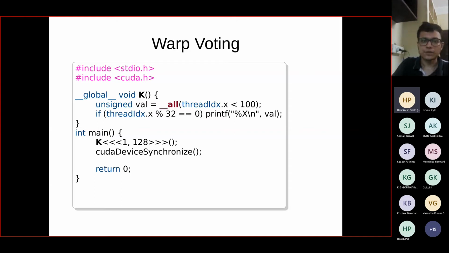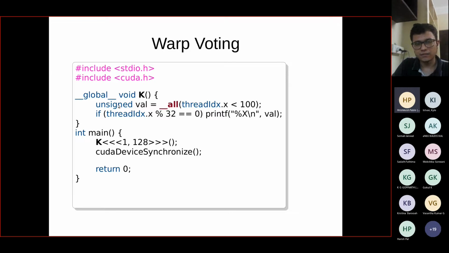So yeah, this is our CUDA program. We are launching it with 4 warps actually. 1028 is, I think, 4 warps, right? 32, 64, 96 and 128. Yeah, so we are launching this kernel with 4 warps, and then we are having CUDA device